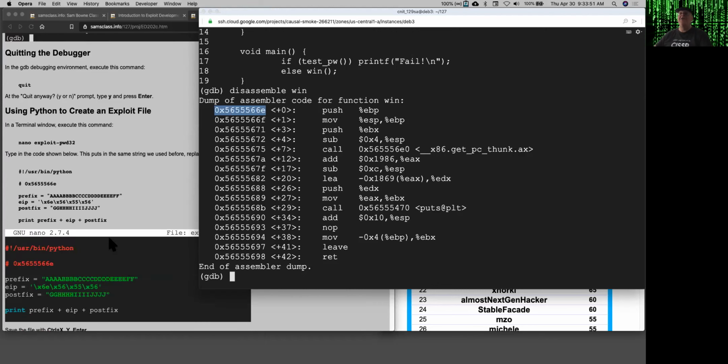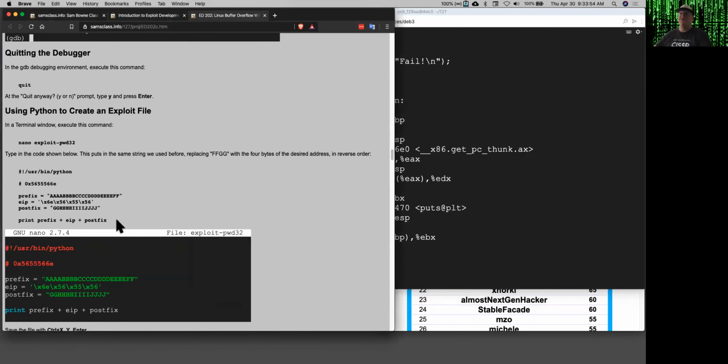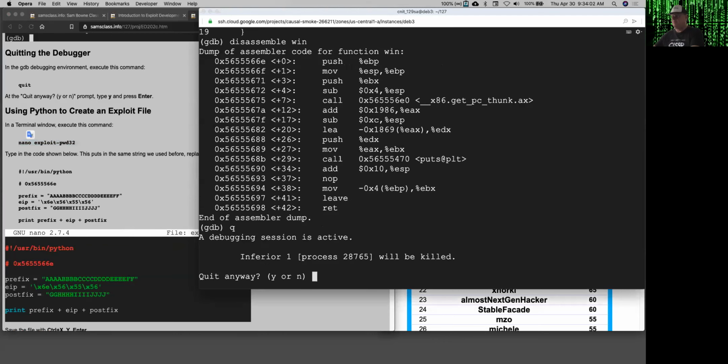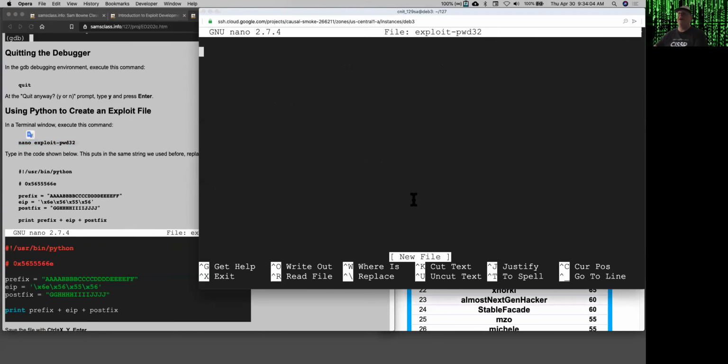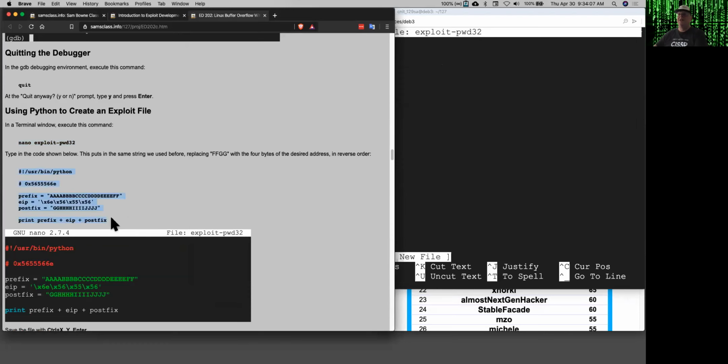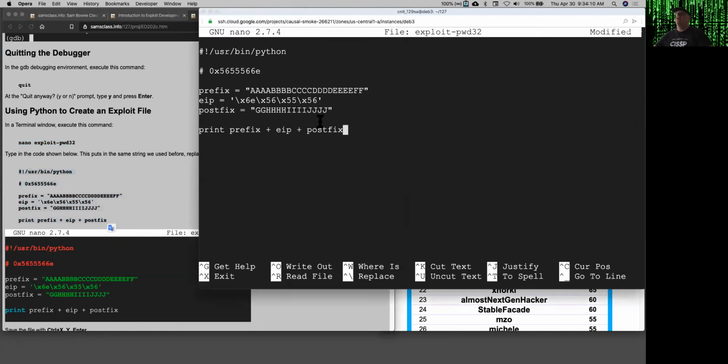So all I have to do is inject that code, and the easiest way to do it is with Python. So I'm going to make an exploit here. So I'm going to quit the debugger and create a Python file, and I'm going to put here the code that sends that exploit. So this sends A's, B's, C's, D's, E's, and the first 2 F's. And then the next 4 bytes are going to be this address, and you have to put it in backwards because it's little endian. So to get to 5655, 56, 6E, I have to put each byte in reverse order,